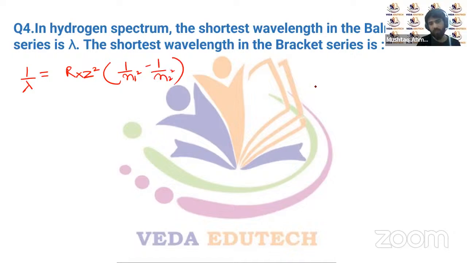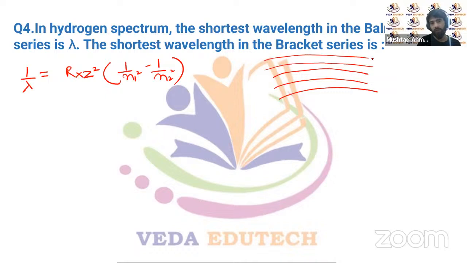Let's suppose these are the different excited states of a hydrogen atom. This is 1, this is 2, this is 3, this is n4, this is n5. And for the Lyman series, for the Balmer series,